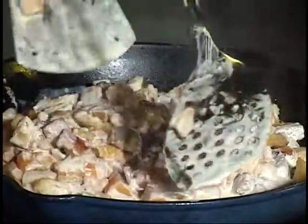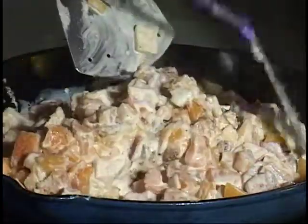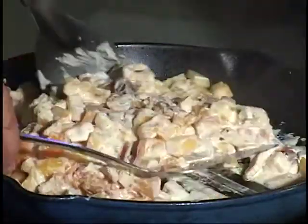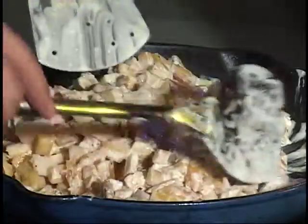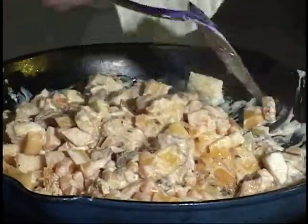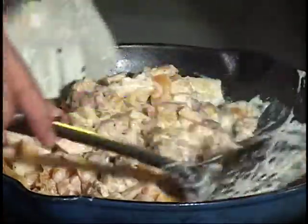Smells good to me. The last but not the least is just season it with salt and pepper according to your taste. And then we just put this aside and you serve this on the side with your turkey. You're gonna stuff it, on the side, warm, and of course with the giblet gravy,